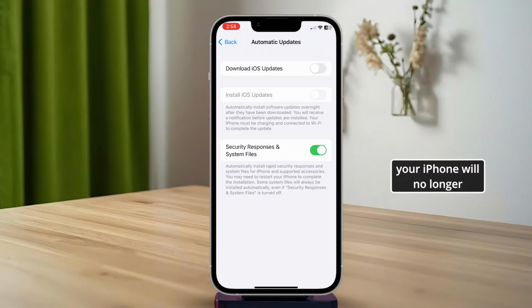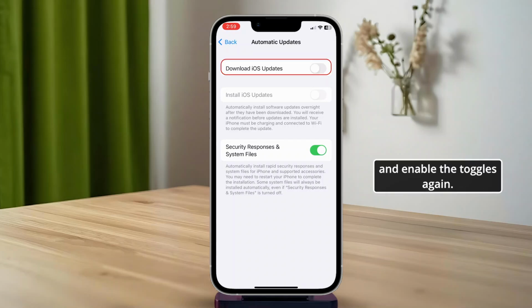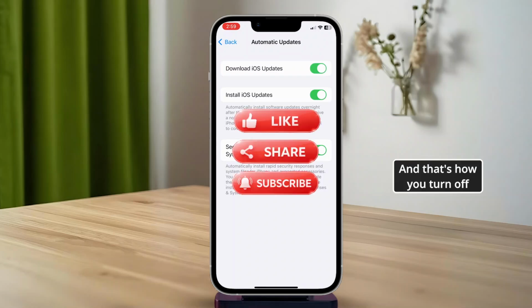Once disabled, your iPhone will no longer automatically download or install new iOS updates in the background. Instead, your device will only notify you when an update is available, and you can choose when to install it manually. If you ever want to turn it back on, just return to the same settings and enable the toggles again. And that's how you turn off automatic updates on iPhone in just a few